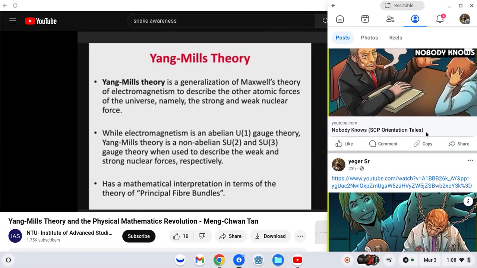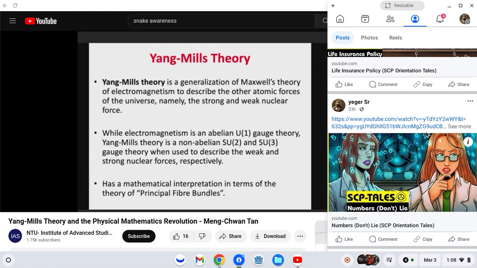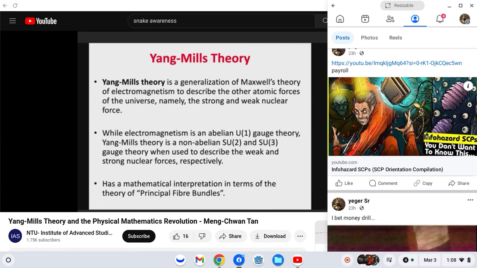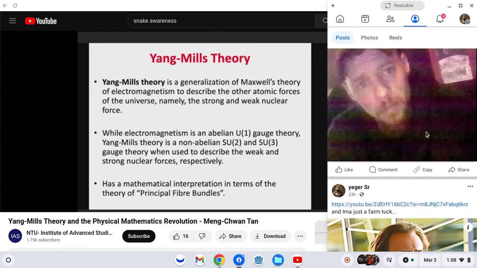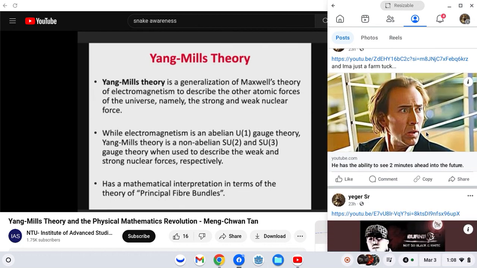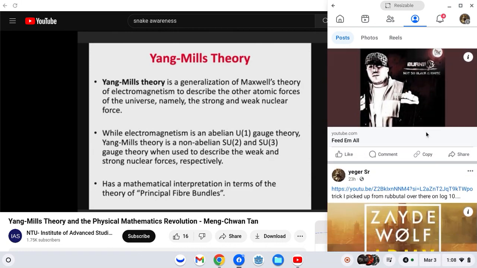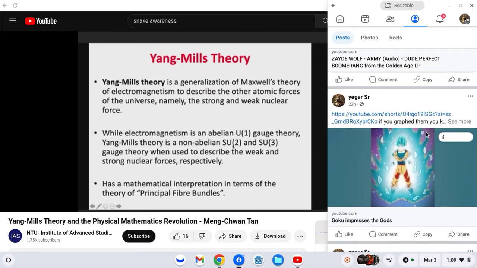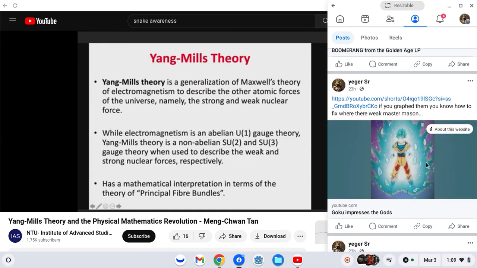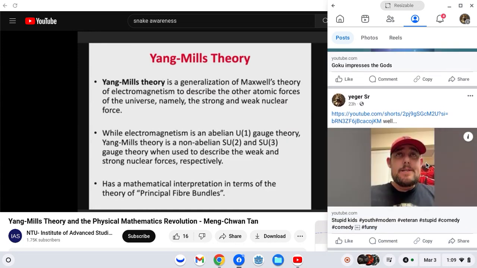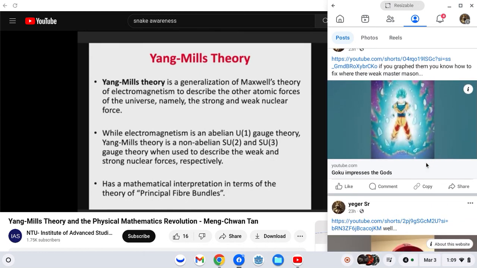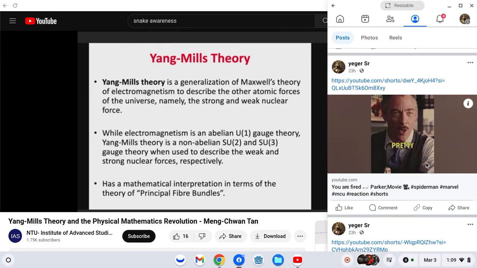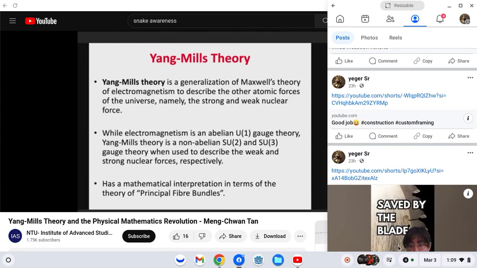Now, Yang-Mills is a generalization of that Lagrangian to include quantum fields that are valued in matrices. I'll give you an explicit example of what I mean in a short while. When Yang-Mills came up with this generalization of Maxwell's theory to include matrices in the Lagrangian, specifically 2-by-2 special unitary matrices and 3-by-3 special unitary matrices, you are able to use that Lagrangian to describe the weak and the strong nuclear forces respectively. That is the shift from electromagnetism to describing the strong and the weak nuclear forces. So incidentally, around the late 50s, people